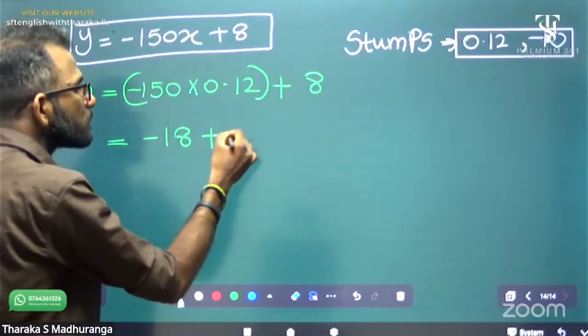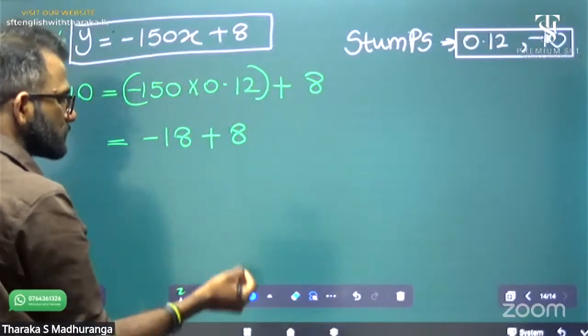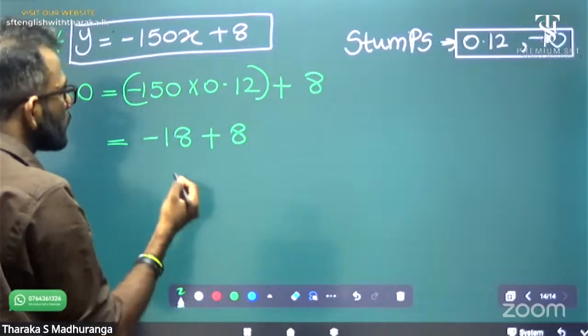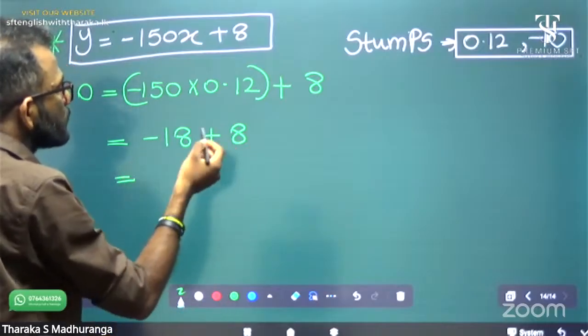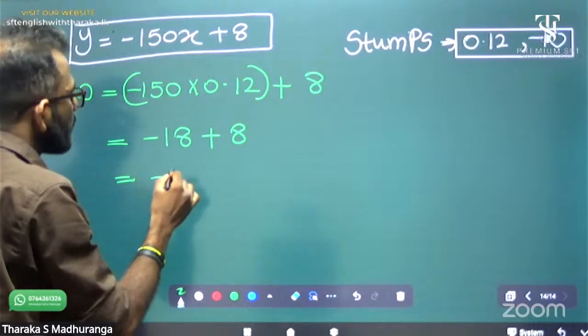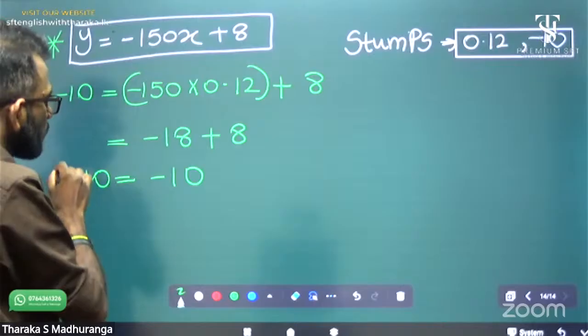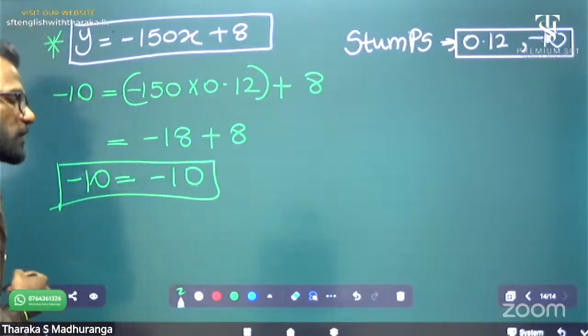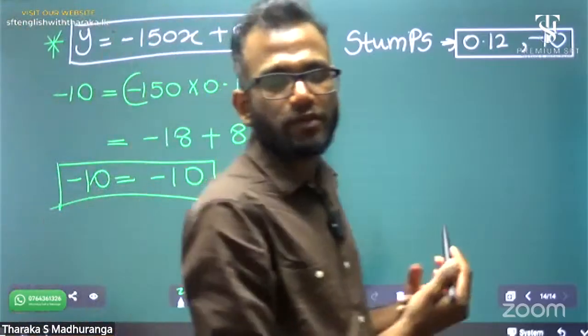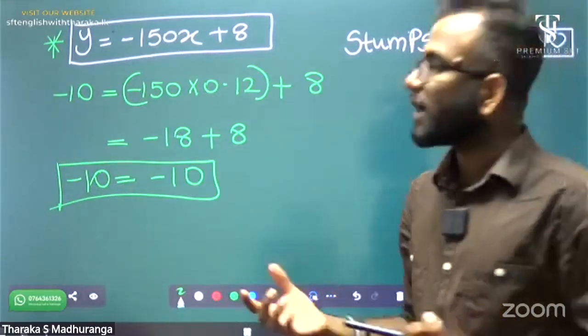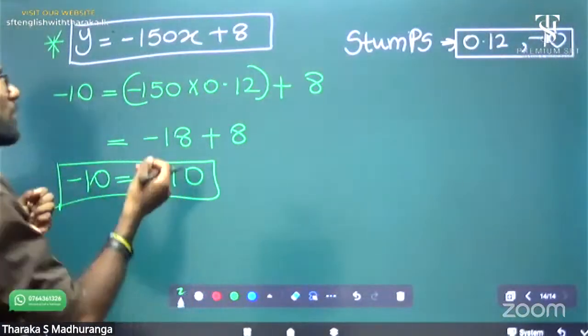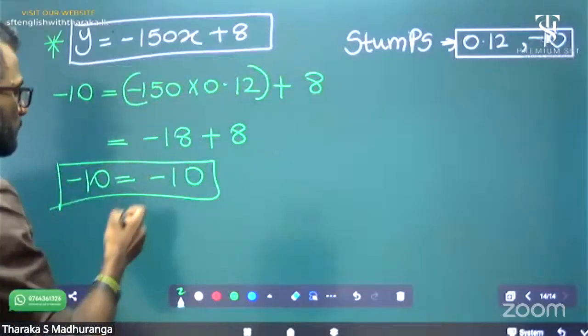Minus 18 plus 8. Can you understand? Minus 18 plus 8 means it's minus 10. Y also minus 10. Okay, what does minus 10 equal to minus 10 mean? What is our final conclusion? We can say if it is the points, the stumps